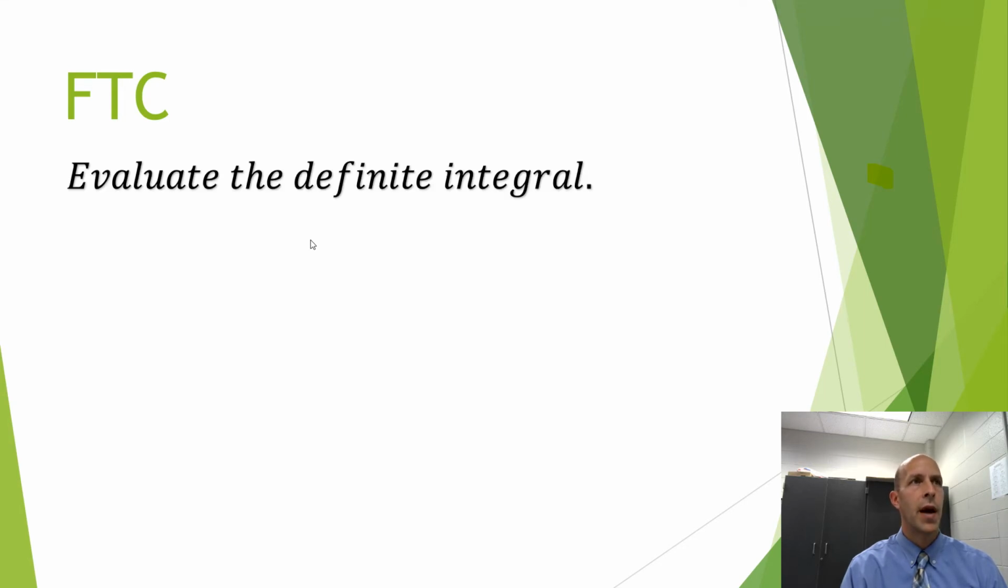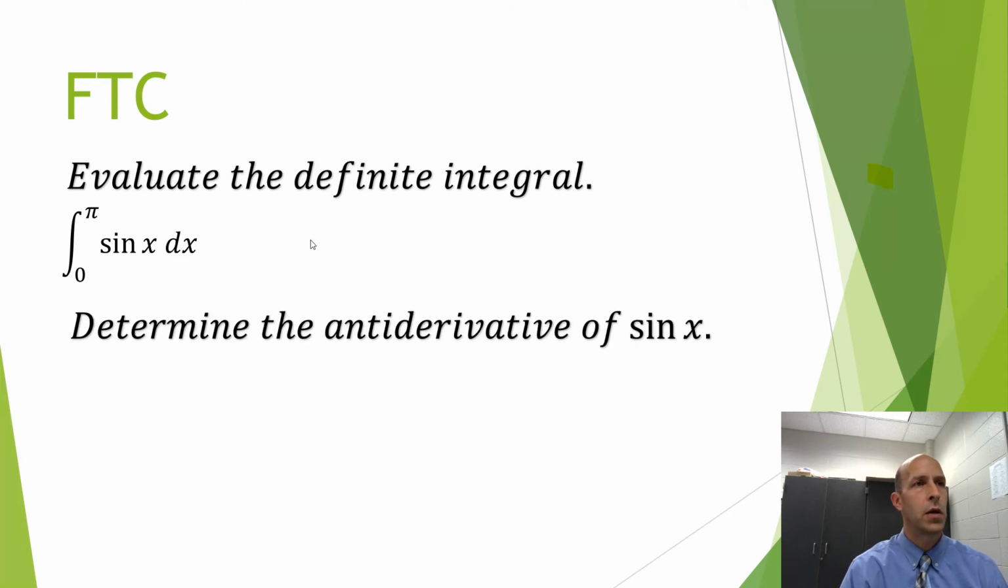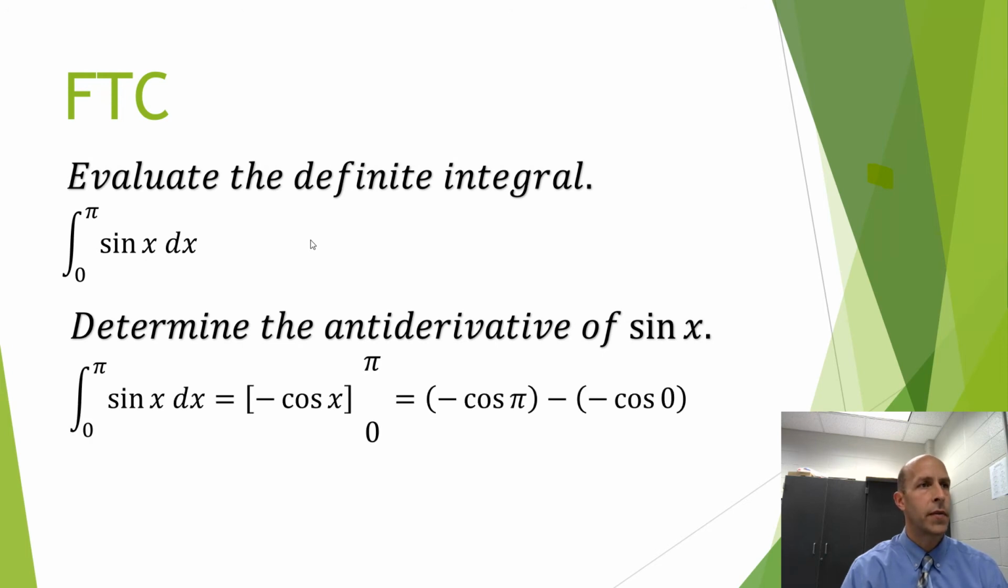So let's say we were asked to evaluate the definite integral from 0 to pi of sine x dx. How would we find the value of that integral? Well, the first thing we would want to do is to determine the antiderivative of sine x. And the antiderivative of sine x turns out to be negative cosine x. In other words, our definite integral, 0 to pi of sine x dx, would actually become negative cosine x evaluated